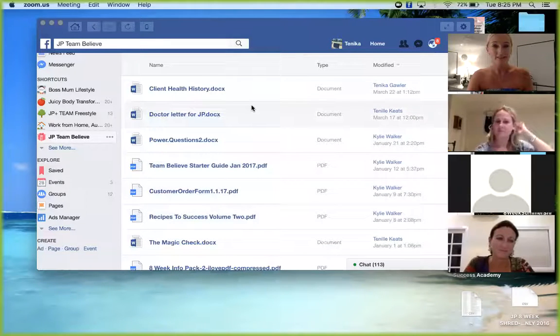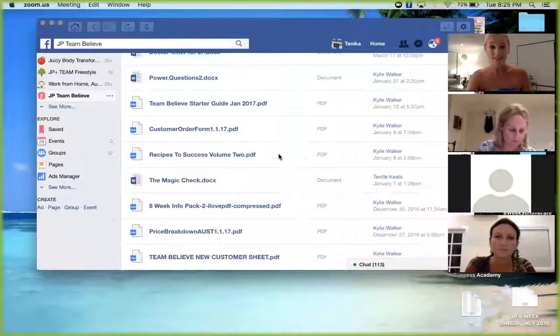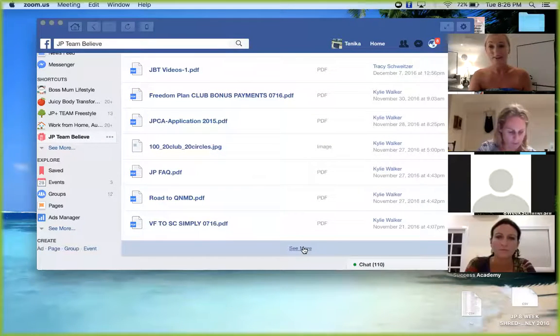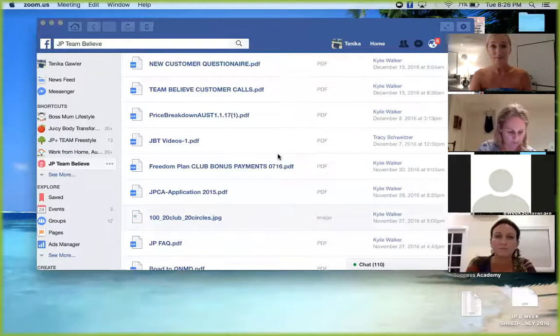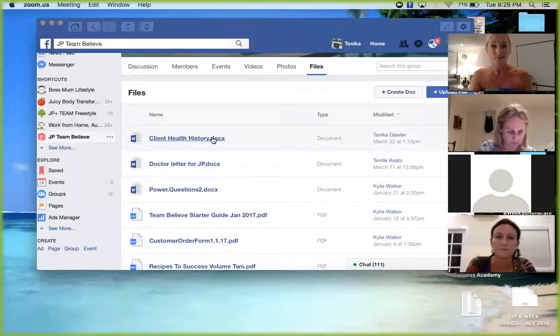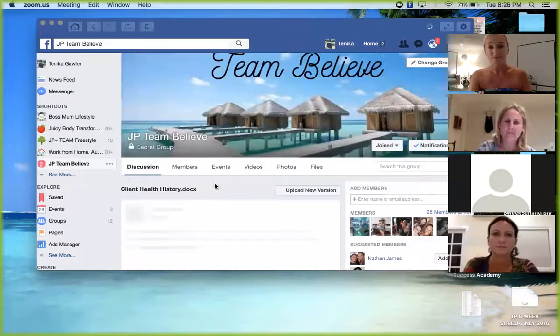So this is the files tab, so it's pretty easy. You just click on that and then all this information is going to come up. We've made it simple for you. When Kylie and I first started in this business, we didn't have anything like this. So as time goes on and we're learning, we're really wanting to make this business easy for new people when they come on, and easy for them to find information, so they're not having to reach out to us all the time. So this is one of the documents that I've just done this week, or last week I think it was,